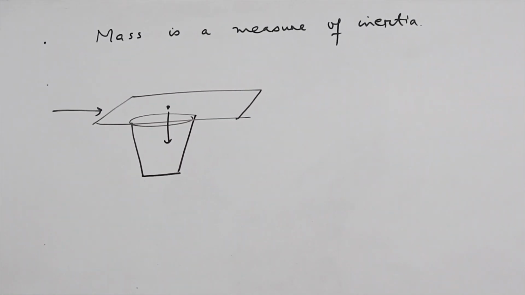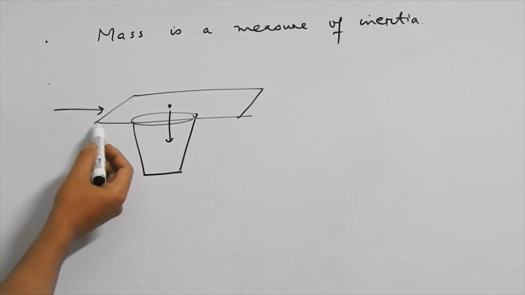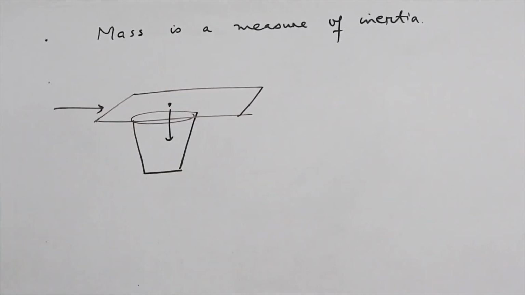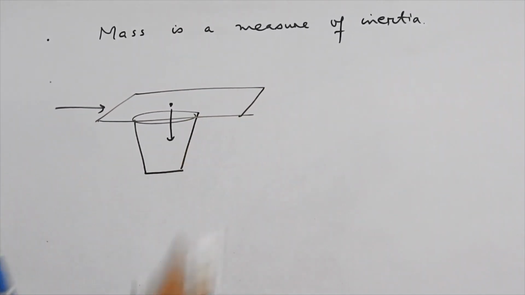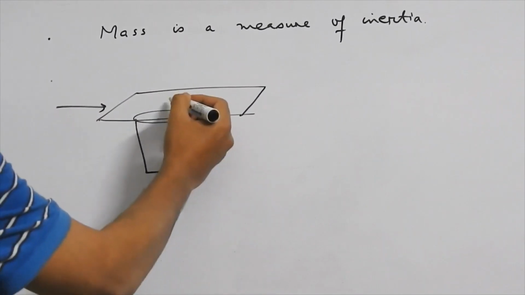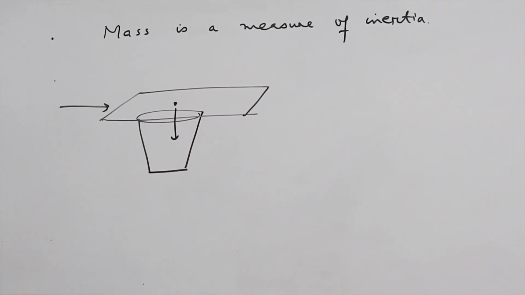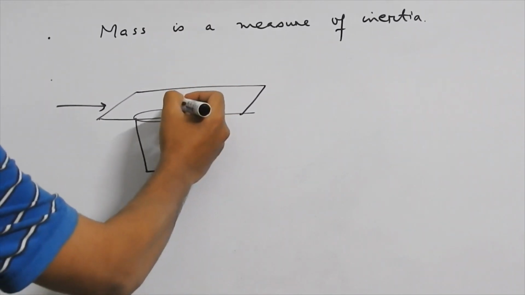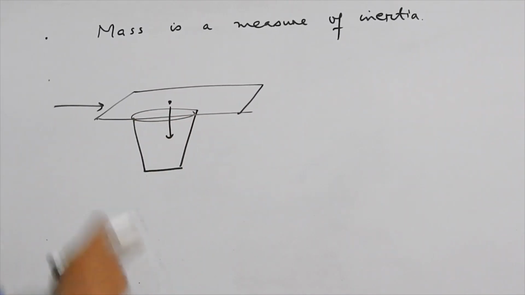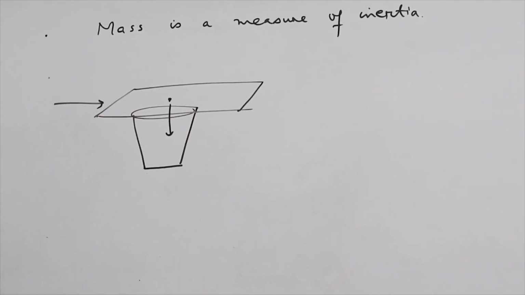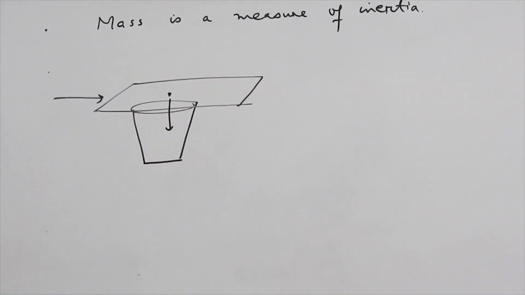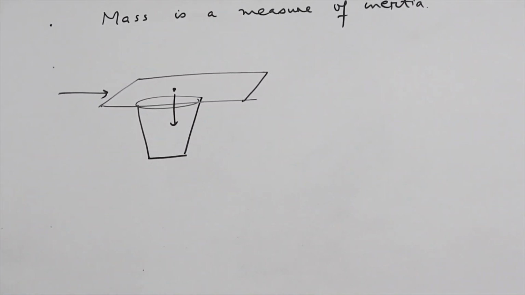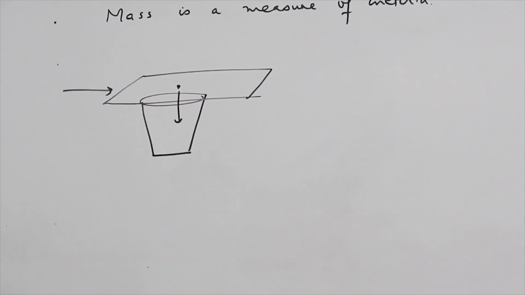This is because a sudden motion provided to the card will set it into motion, but due to inertia of rest, the coin will fall into the container. It will not acquire the motion immediately that is provided to the card. So there are many such examples where we can